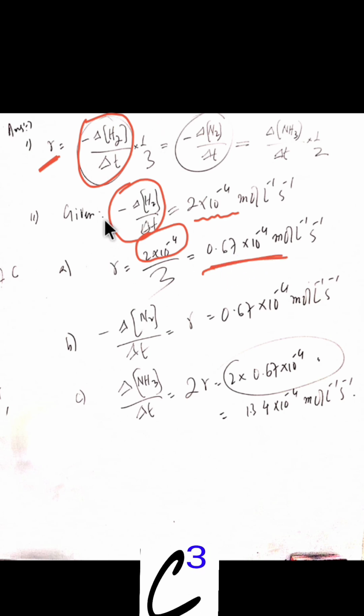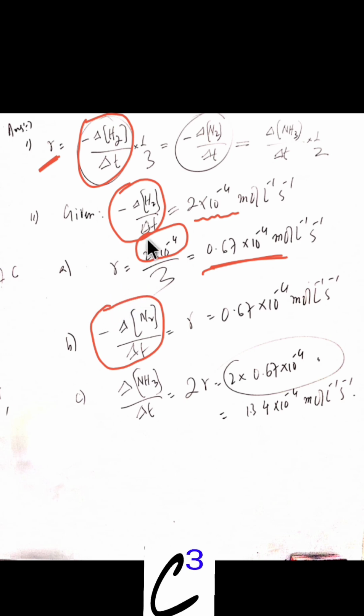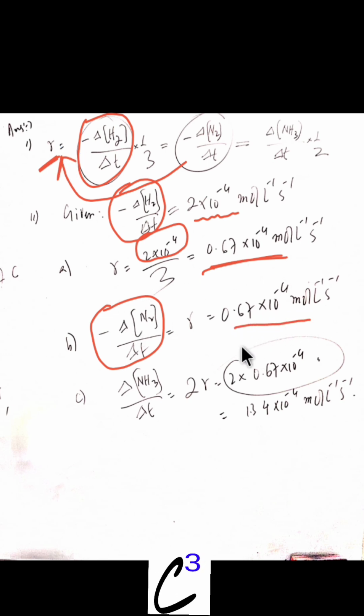Okay. And the second part we are going to calculate is the rate of disappearance of N2, and from this expression, the rate of disappearance of N2 is equal to the rate of the reaction. So the rate we have already calculated here, so this is equal to 0.67 into 10 power minus 4 mole per liter per second. The third part of the question is to calculate the rate of